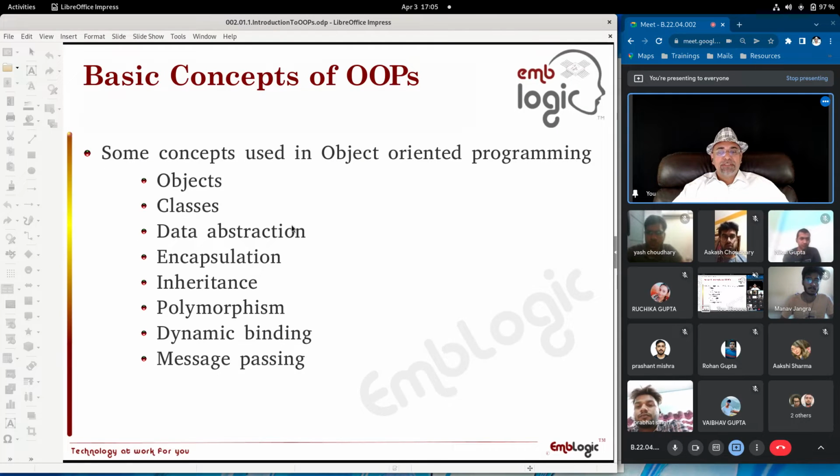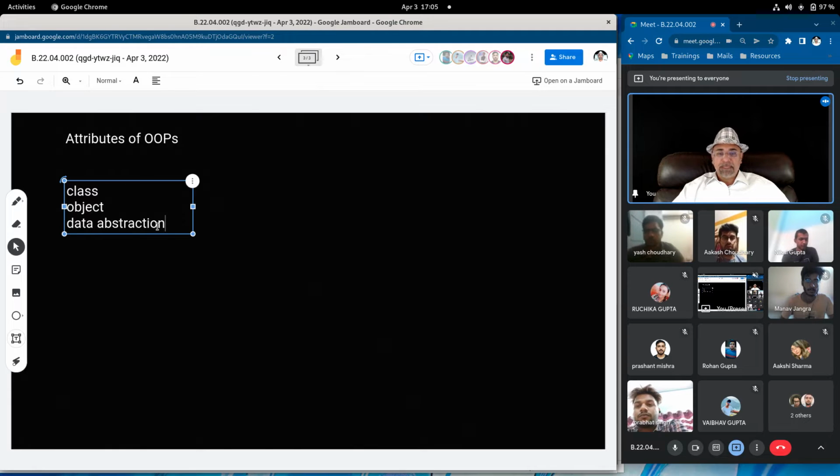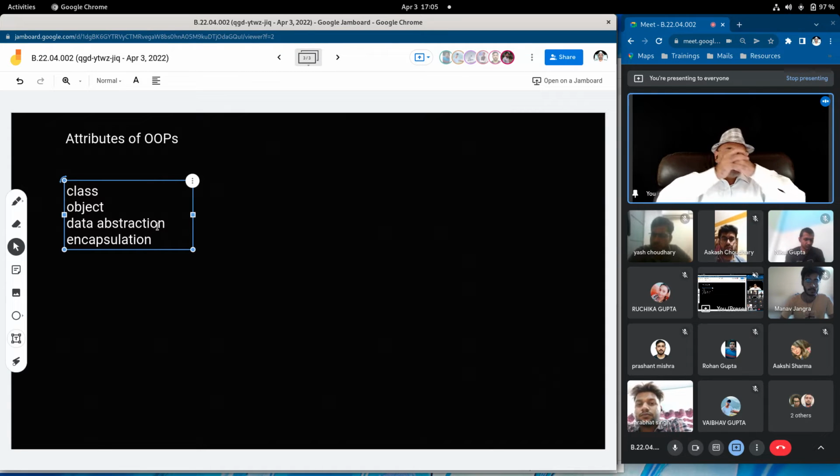Data abstraction. Then another OOPS attribute is encapsulation. Encapsulation means like this: the right hand is encapsulated in the left hand. Encapsulation is bringing together, enveloping.